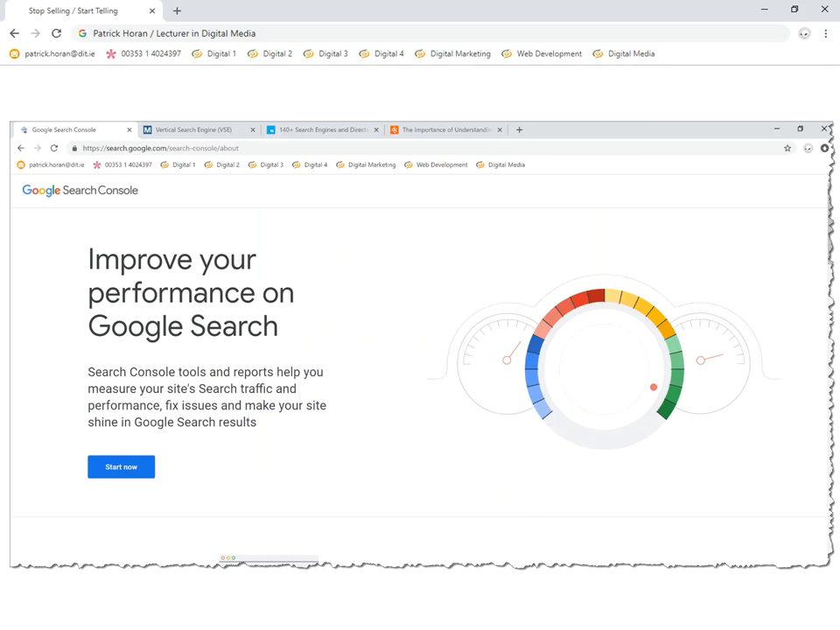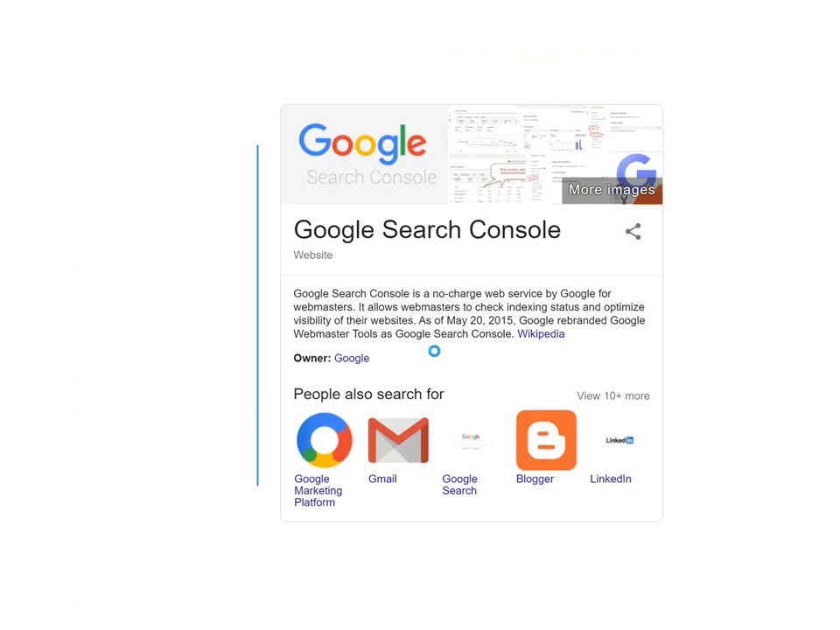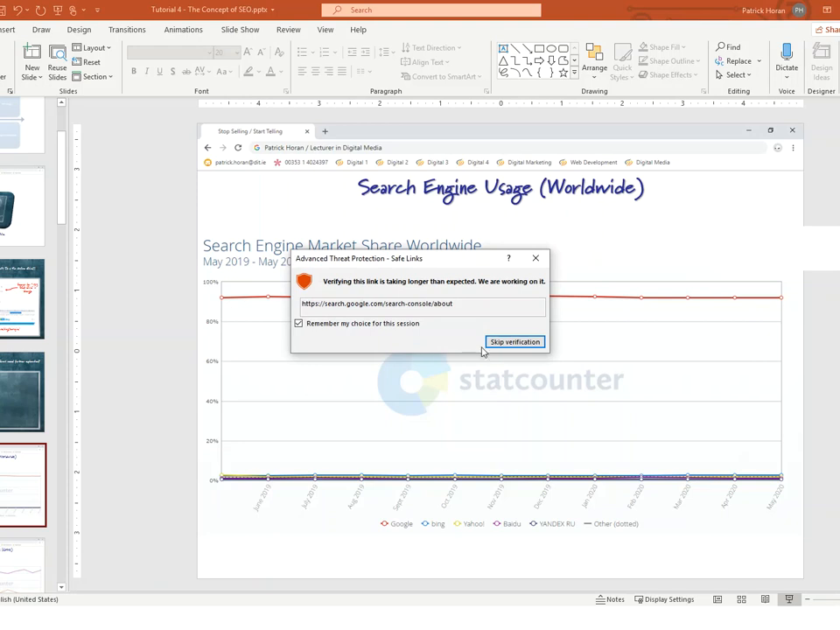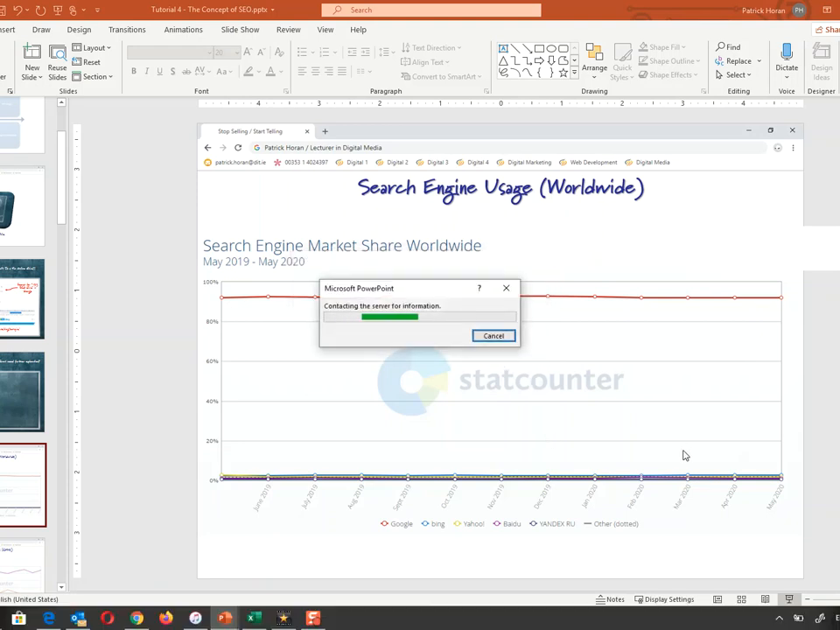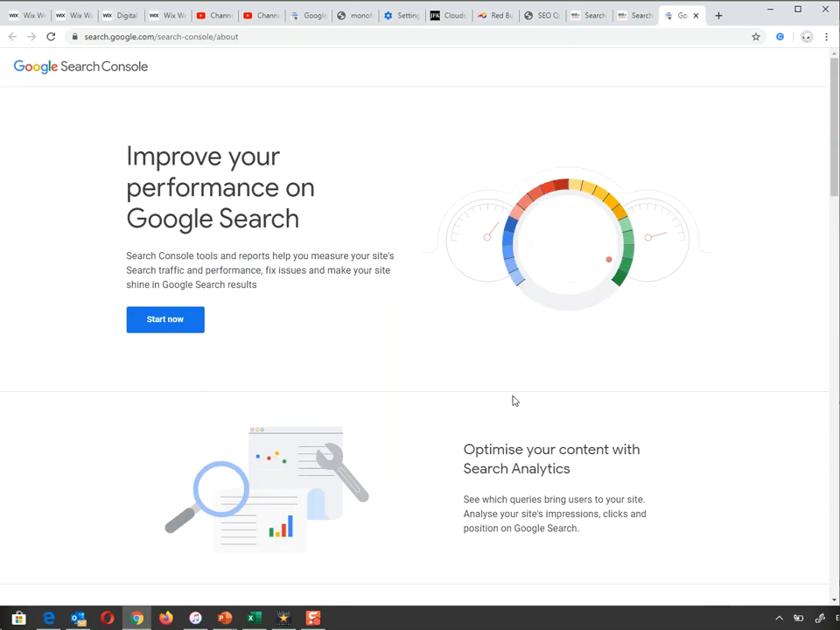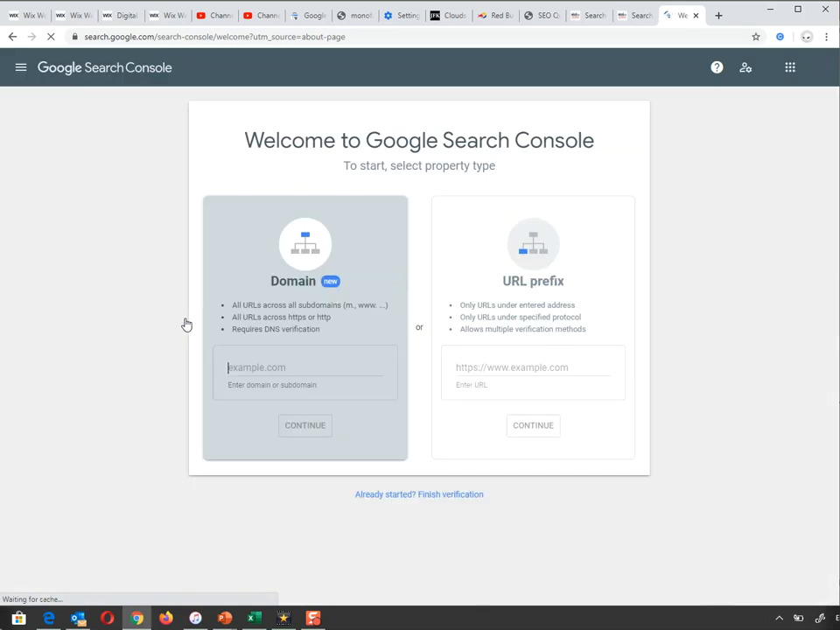Okay, so I'm going to click on this and I'm going to go to the actual Google Search Console. Okay, now we have a live site here. So I'm just going to go into Start Now, and what it will do is it will give you this here. It's asking me to register a domain. So if I come along here and type in www.eurocree22.org,